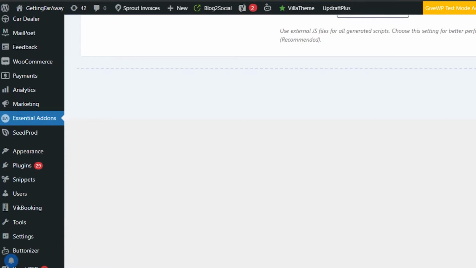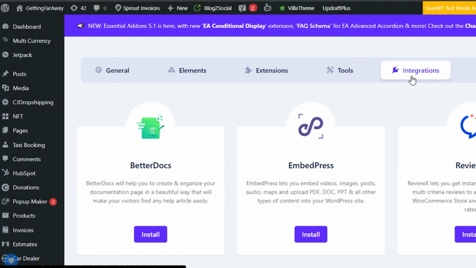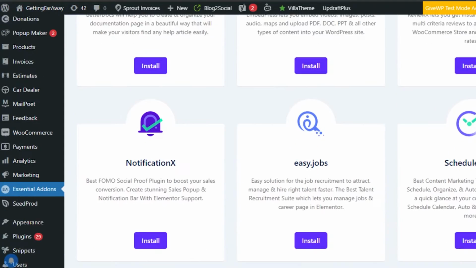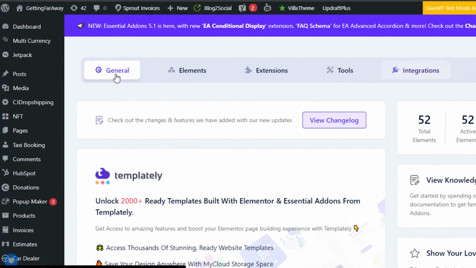Click on save changes, and these are also saved. So these are the different settings that we have to do in order to actually create an animated header. Then we have integration. In integration, again, we have other integrations available that we can add. So I'm going to go back to general now, and then what you have to do is simply open up